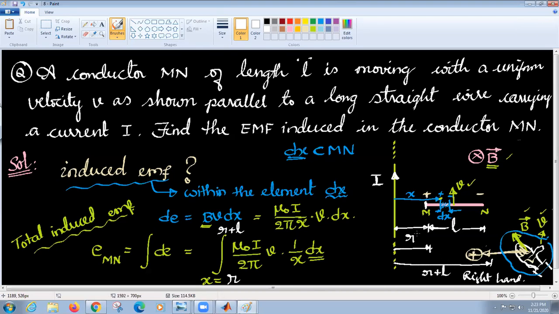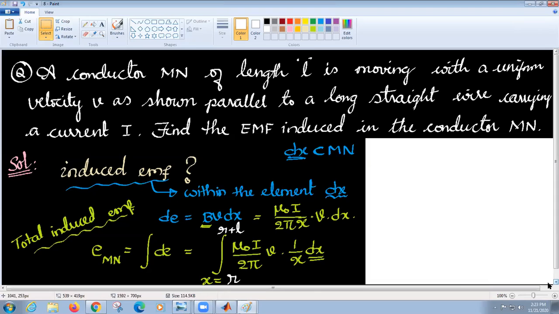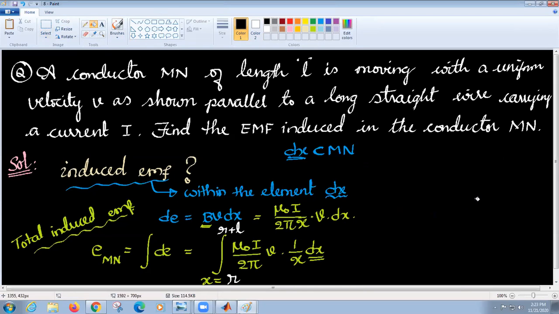So this way we'll follow this approach. One of the approaches is this simple approach: R to R plus L. Now simply solve it. That's the answer. You can solve it now. You need not wait on me. You can directly solve it on your own. So what do we get?